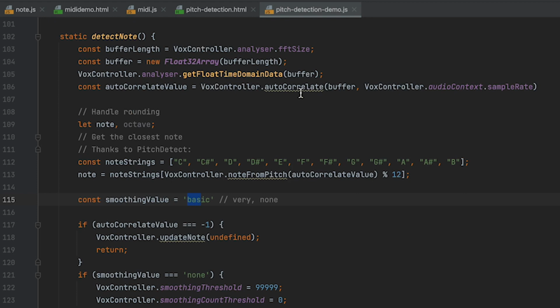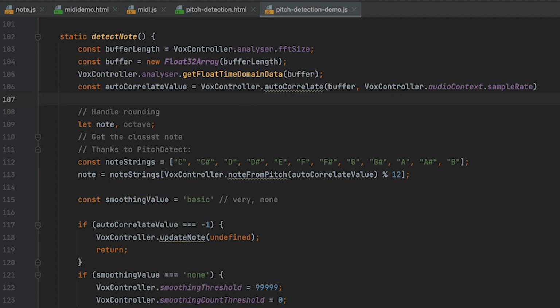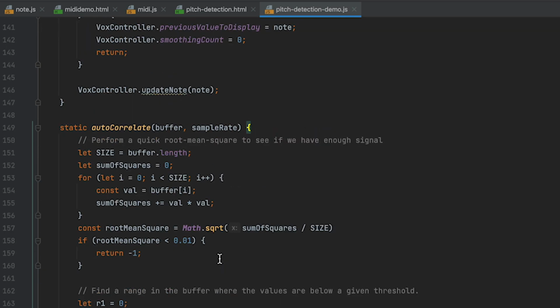But jumping back to the top here, there is this autocorrelate function. This is the super mathy stuff. So let's copy and paste that function in as well. Now with that pasted in, I'm gonna tell you that I am not gonna explain this because I don't really